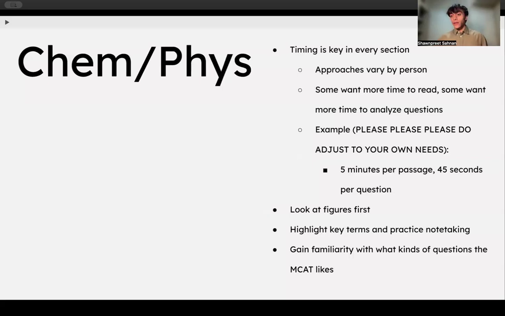Other notes for Chem Phys, always look at your figures first. Your figures are so easy to digest. Scientific papers are made to make figures easy to digest. You just look at it, you get it. I mean, you ask a grad student, they'll say the same thing. Everybody loves just looking at a figure real quick, analyzing that, and then delving in because then you know your key points, you know what you're looking for, especially if you are well familiarized with the subject matter, then you can look at the figure